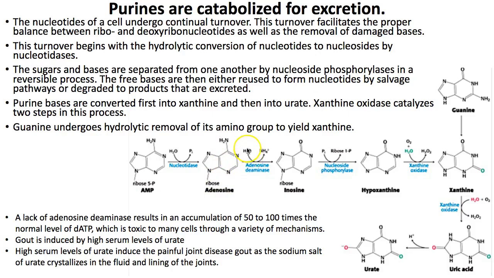And then from there, continual hydrolysis removes and releases ammonium. This is the adenosine deaminase, which ends up making this new nucleoside,